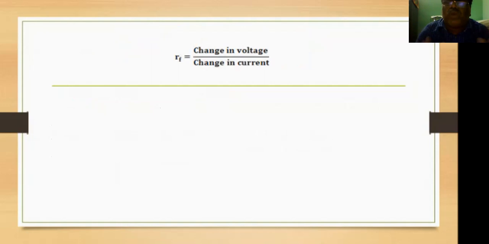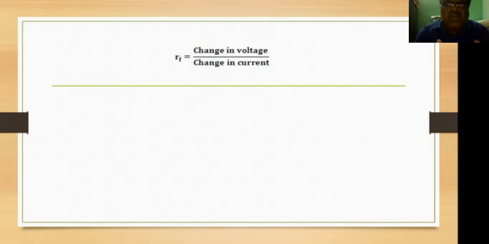Here is one more important point. Depending on the resistance, the diode is connected forward bias or reverse bias. When the resistance is small, automatically the current will flow. That is called the forward bias. When the resistance value is large, no current is passing in the diode. That is the reverse bias. These things are very important.